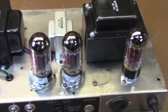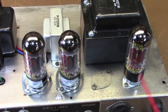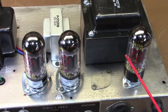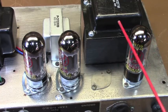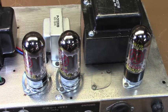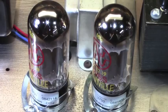Alright, we've got her all tubed up again. You can see I've opted for the JJ GZ34 5AR4 rectifier tube and a pair of JJ 6V6s. Now, why am I insisting on the JJ 6V6? Well, I'll tell you. The JJ 6V6,